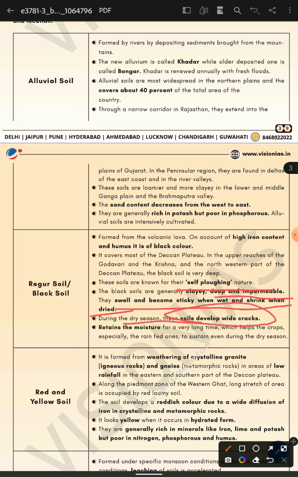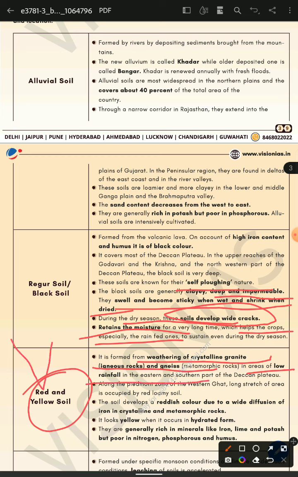Soil developed cracks and retains moisture for very long, especially red and yellow soil, that is weathered as the crystal granite and igneous rock originating and to lay off rain for years,